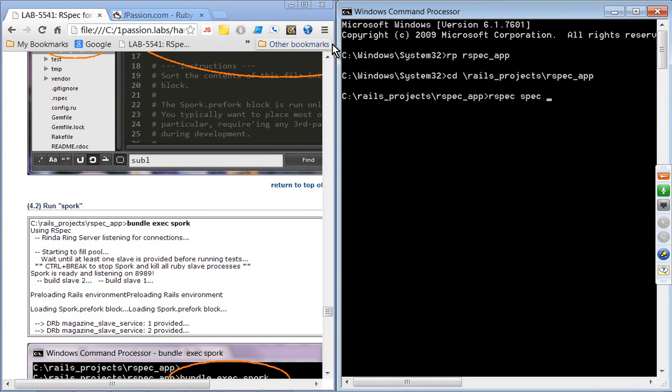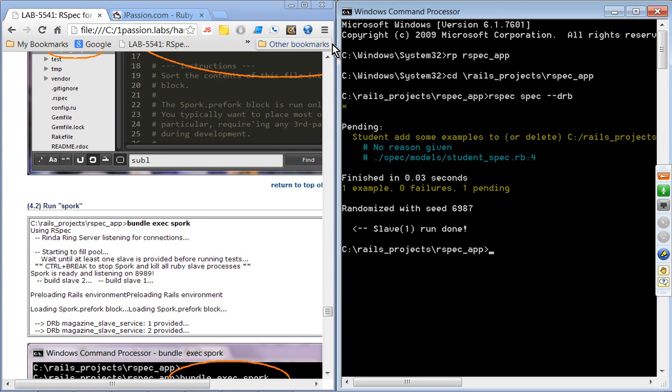Now, in order to take advantage of Spork, you have to indicate that you are trying to talk to the already started Spork test server. So you use the drb option. DRb means distributed Ruby. Here, the first time, it has to start, so it takes about 15 seconds still, but next time you run it, you can see